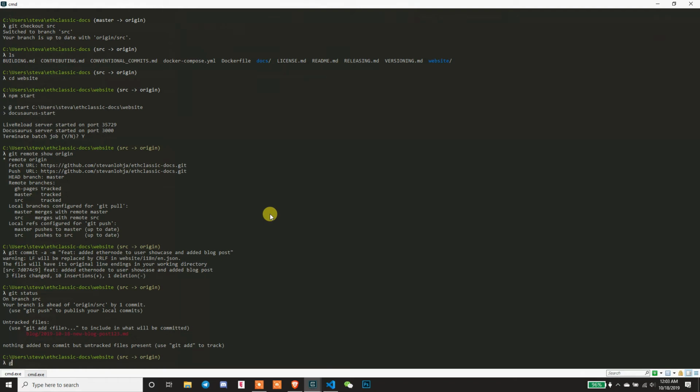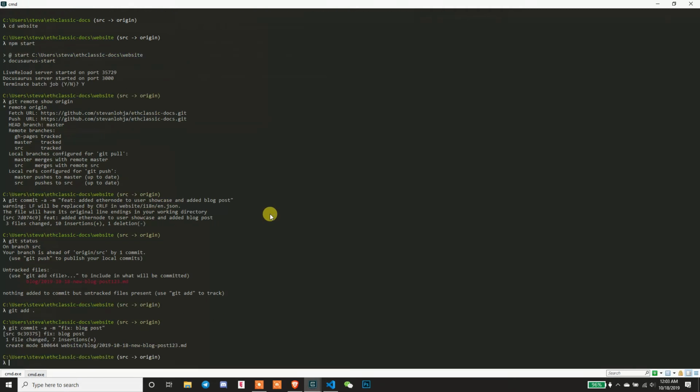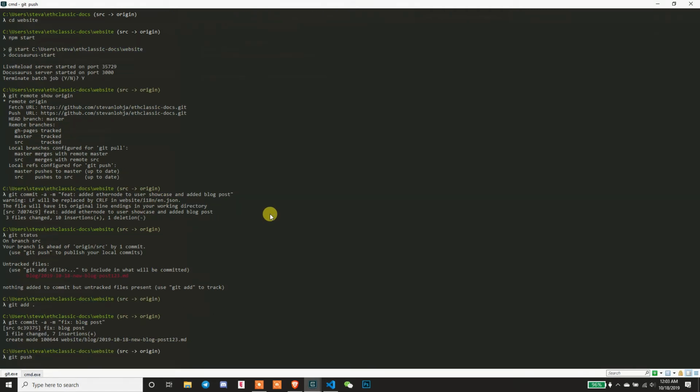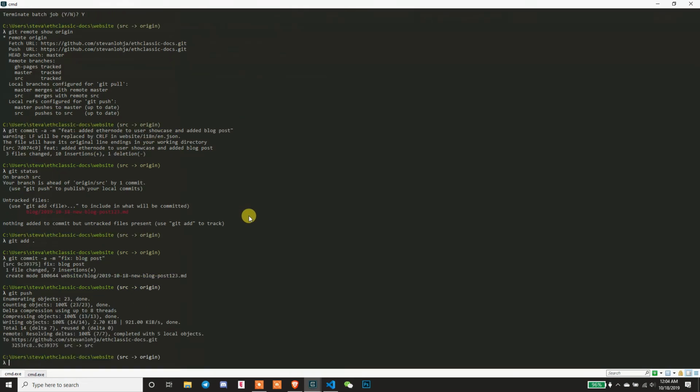Oh, I guess I'm missing something here. All right, and just do git push, and if I go to my fork of the repo,